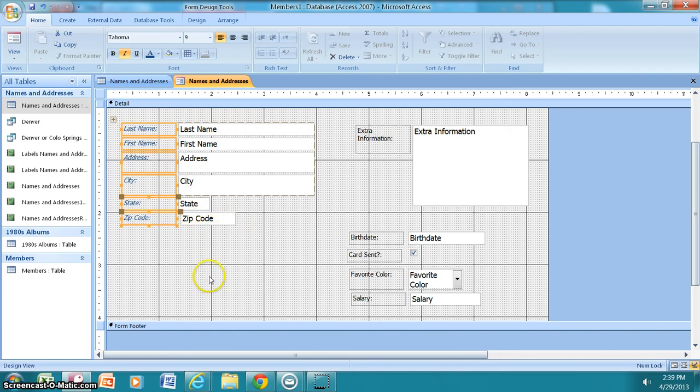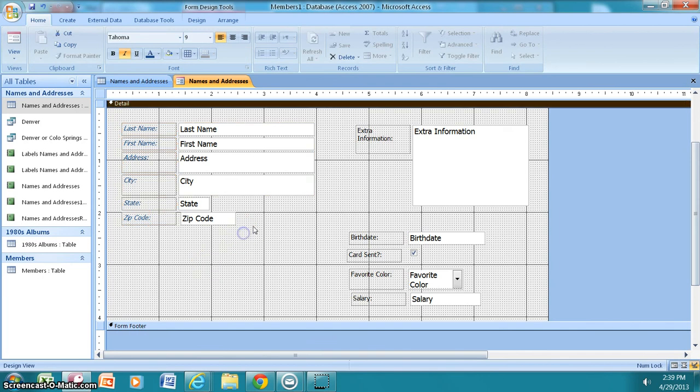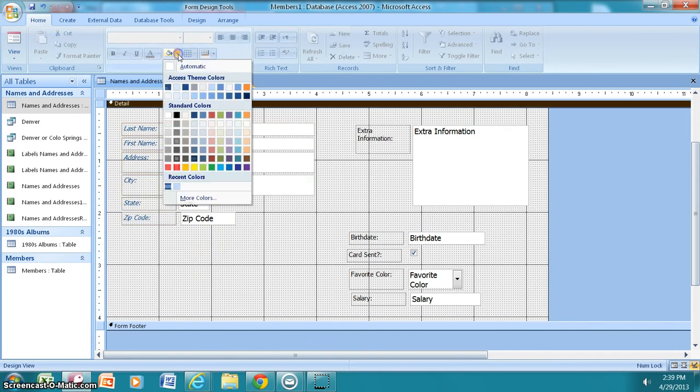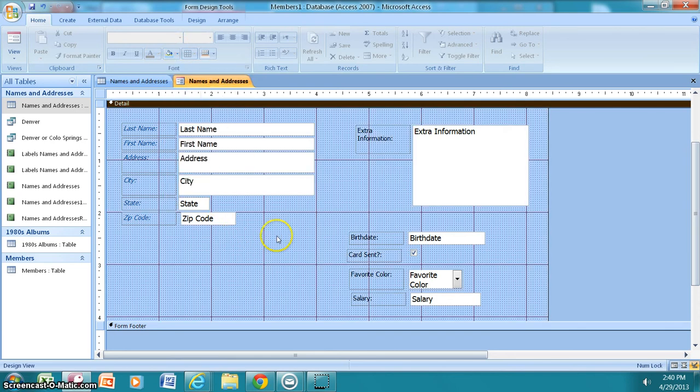Remember, we're not seeing any individual records right now. We're only seeing the design of this form. Okay, and let's say I'm happy with that information. I had applied a theme to this one, but if I wanted to manually change the background color, I could just go to the bucket that we've used before, find the shade that I like, and change the background color. Okay,